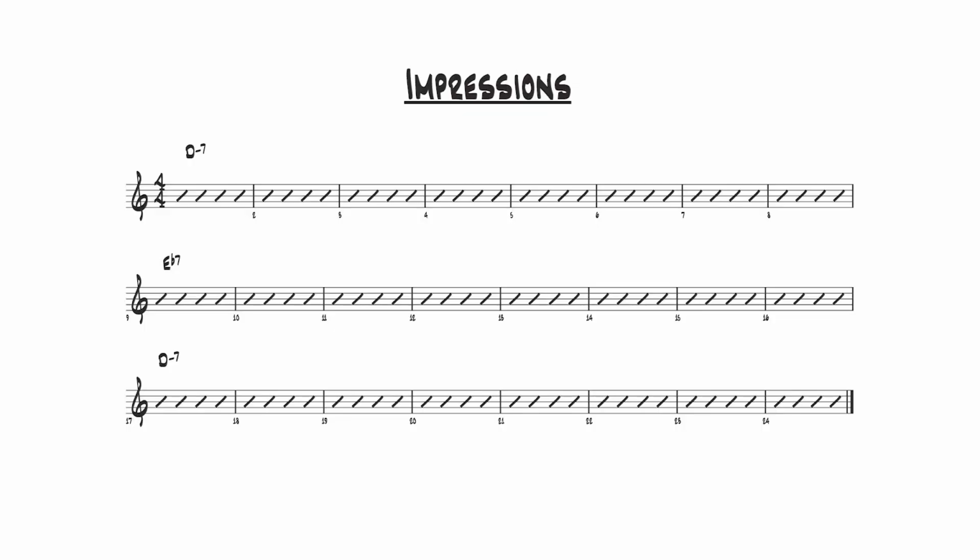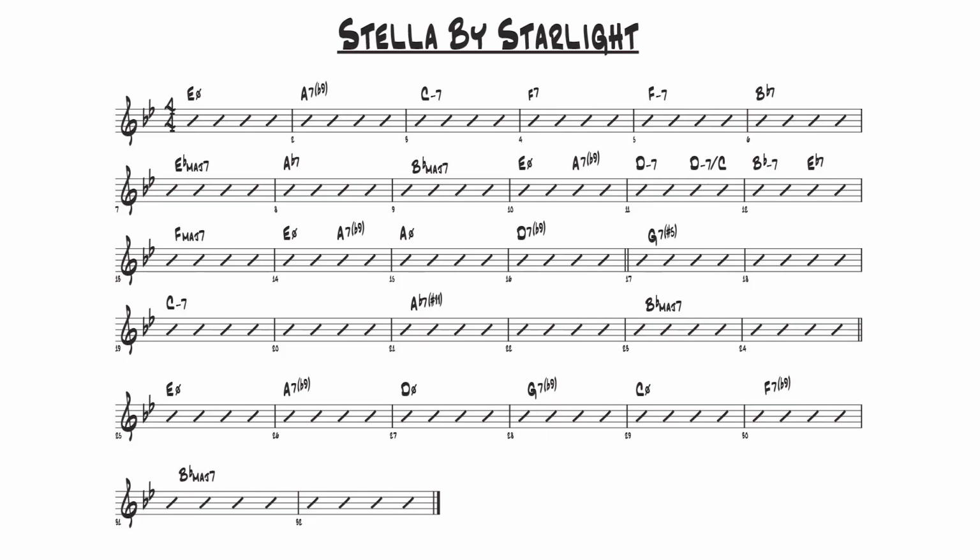And if you look at the changes for Stella, it may look like a bar to bar to bar scattering of various chords, but it's more orderly and logical than it first appears. When you're first learning a tune, one of the things you have to do is analyze the chords within the tune to find out how long each key center lasts and where it transitions to. In a tune like Impressions, well, you only have 2 keys or chords in the whole piece. Now, that presents its own challenge, but at least the harmony is simple, and you have a lot of time to play over one key or one chord compared to all these chords in Stella.